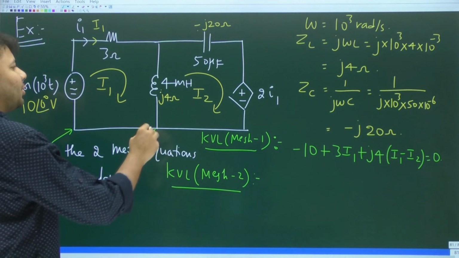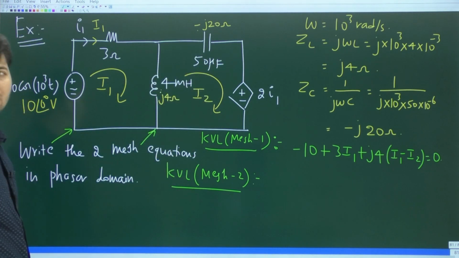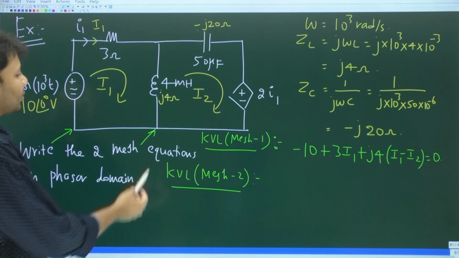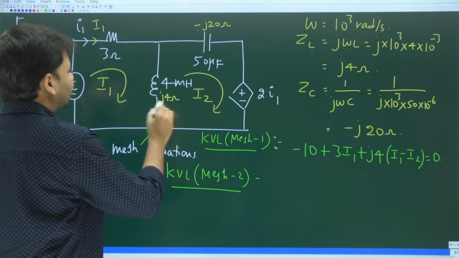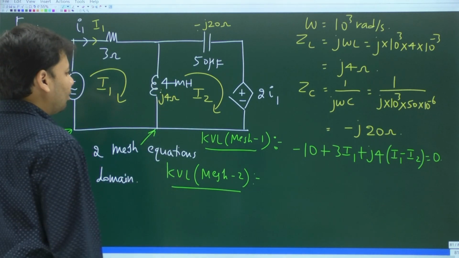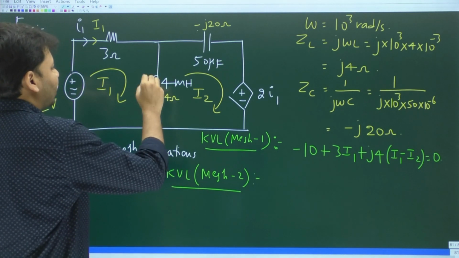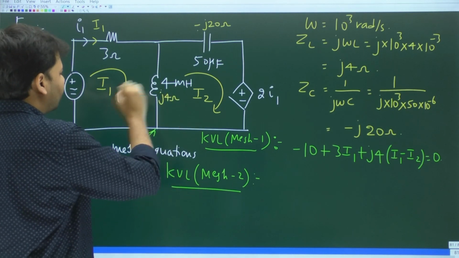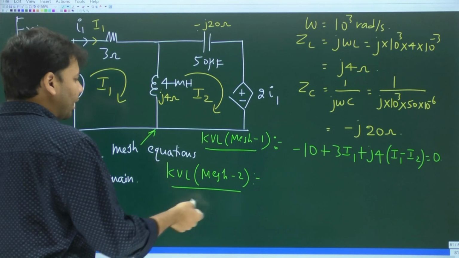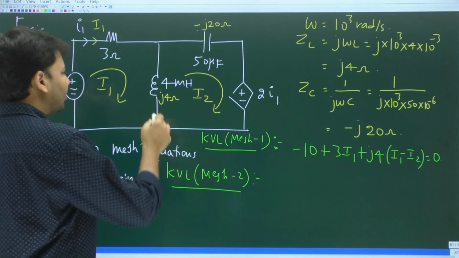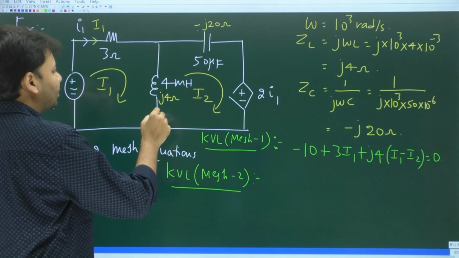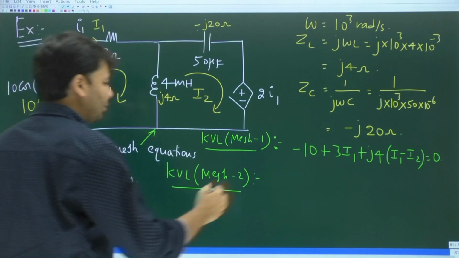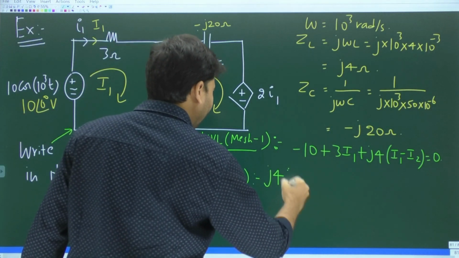So starting from this point, we will go around the loop in the clockwise direction. As you go this way, this is the first impedance we will encounter. Again, this impedance is common to mesh 2 and also mesh 1. But right now we are writing KVL for mesh 2, so this impedance should be multiplied with I2 minus I1. So j4 times